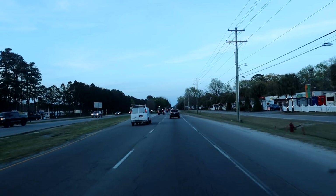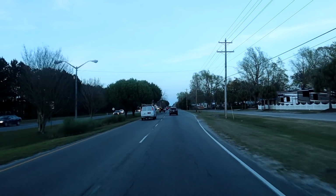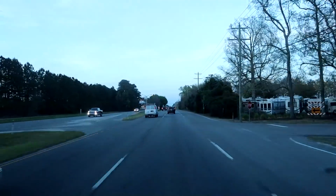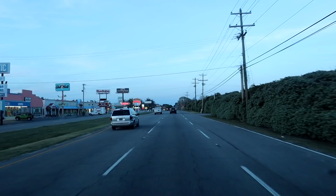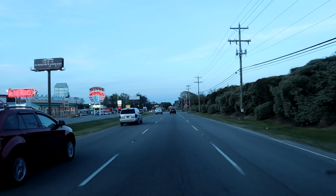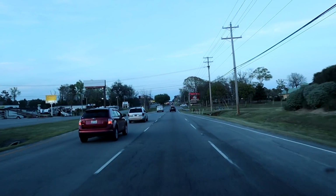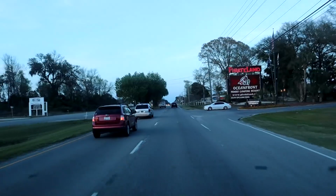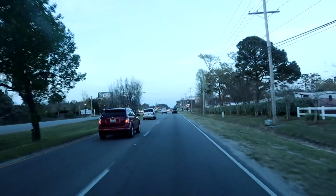Coming up ahead is also Myrtle Beach State Park, which is a wonderful place to go and visit. I've been there before several times, never in my RV. I might have to try that out while I'm here. Oh look, more beachwear stores. Yeah, that is definitely a common theme here, is beachwear stores. And putt-putt golf. Also, Myrtle Beach is the golf capital of the world. They have so many golf courses here. Oh, I forgot about this. Pirate Land, oceanfront. That's another one that I believe is pretty expensive too, but...